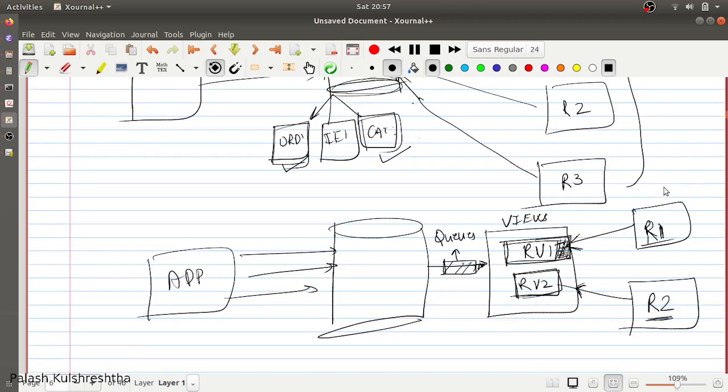Whereas in read views, you can create a view in which you are saving only the data that is required by service R1. Views are basically optimized for the type of queries that will be run on them. Views are generally optimized for a very small subset of queries which are frequently run, so that they provide an optimization to the reading service.